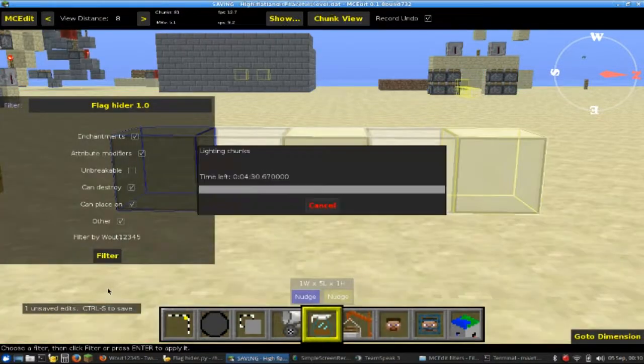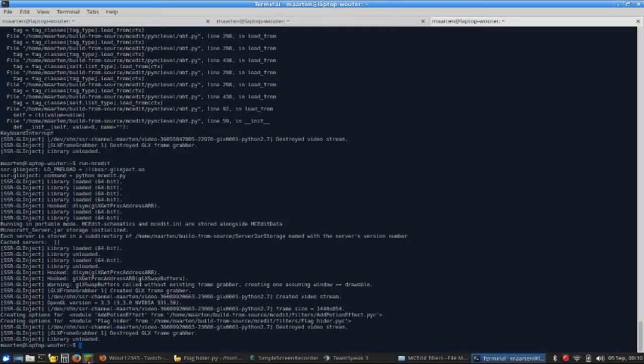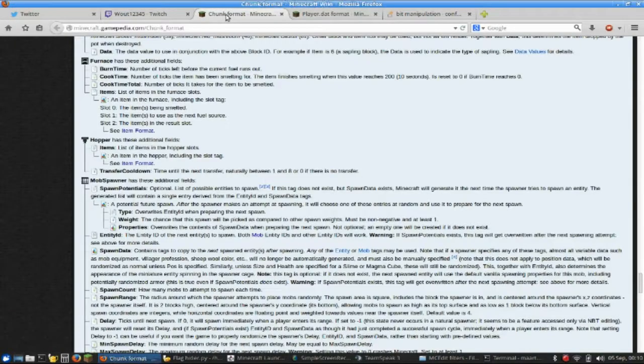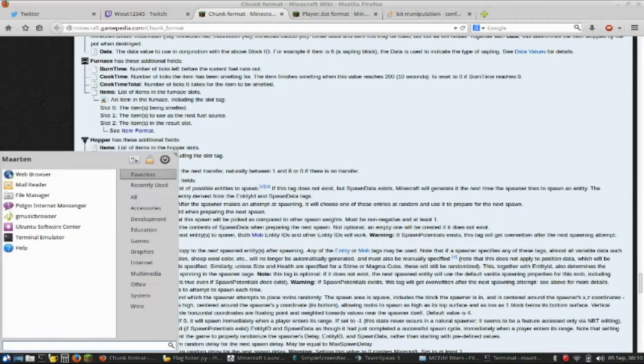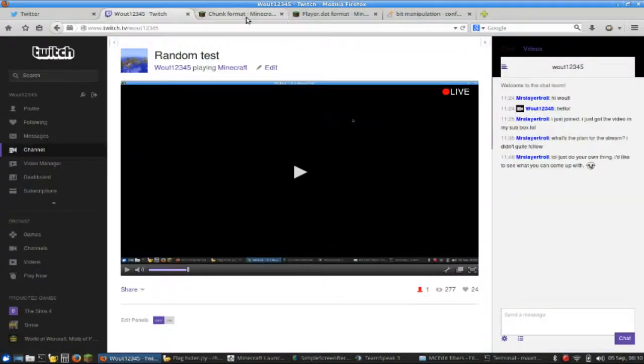Gonna get rid of the unbreakable tag. Oh no, gotta get rid of all the other tags except for unbreakable. Yeah, that's right. Start Minecraft now, gonna check on here. And in the meanwhile, I will start up Skype. I'm not sure if I've done that, actually. So, if this crashes, then I will have to restart my computer, the entire stream. It'll take a bit of time, but